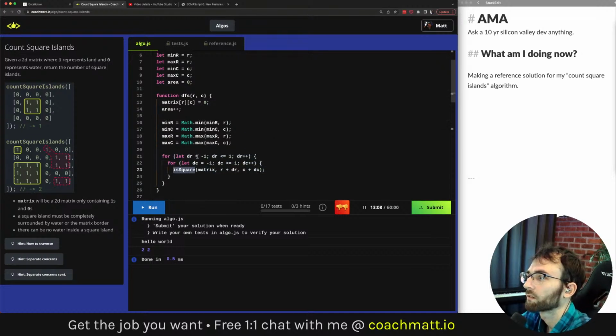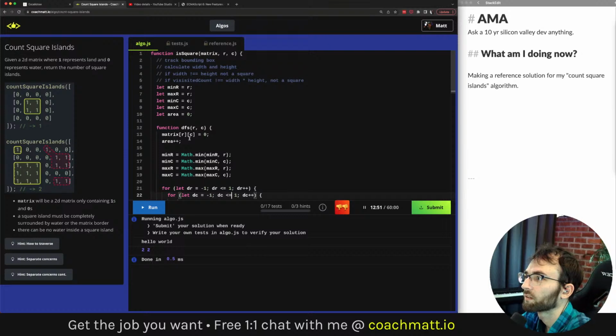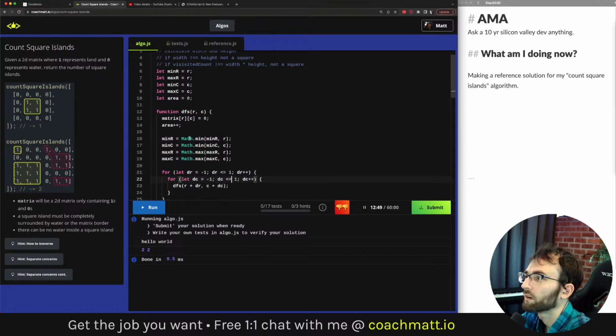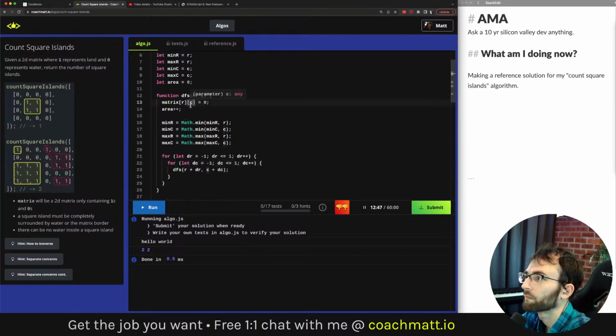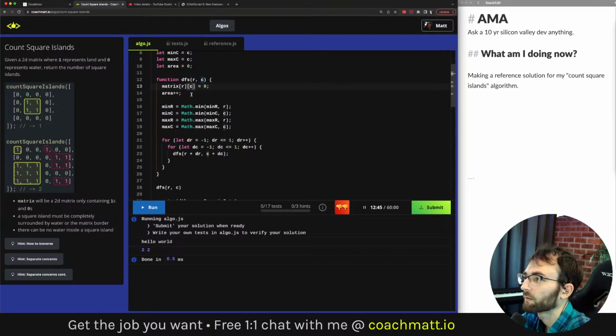And now we just need to visit all of the neighbors. Our recursive function is now DFS. We don't need to pass on the matrix. At some point we're actually going to be calling this with dr and dc equaling 0. Actually, that's a good catch. So right now this is an infinite loop.